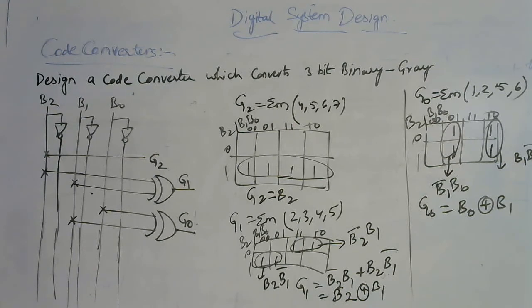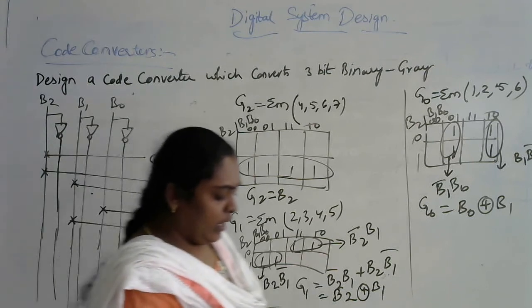Now let me tell you one simple logic over here. If I want to write down a gray to binary converter, as we don't know the gray code numbers directly, first write down the binary numbers. That is, first write down the outputs, then reflect the outputs in terms of the inputs. But the remaining procedure will be the same. And whenever you are writing the outputs of the sigma m expression, whatever the equivalent of that input is there, you need to write down the corresponding input. So this is the way how to design any code converter.